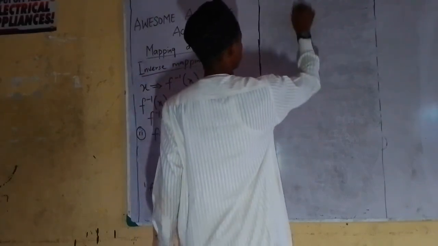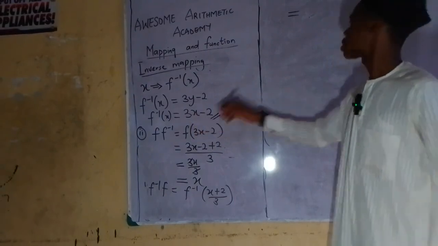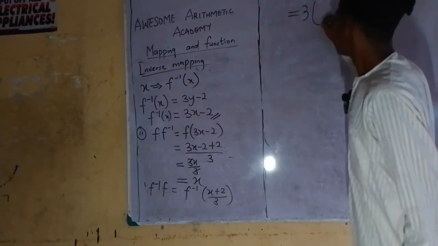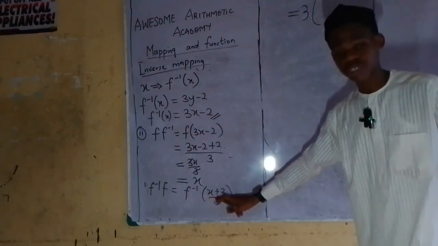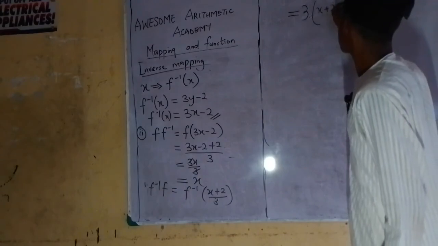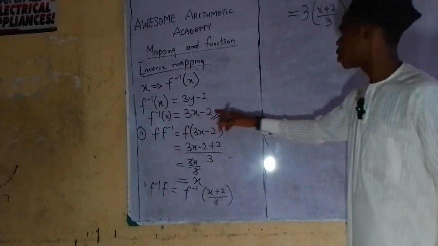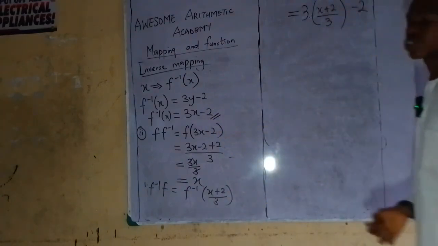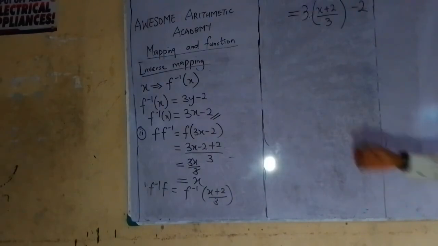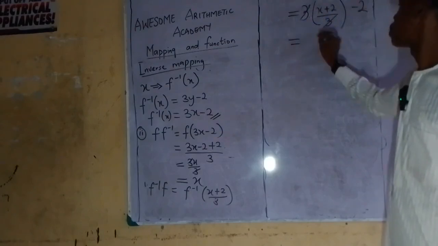That will be equals to, inverse was 3x, that will be 3. Instead of writing this x now, I will now put x plus 2 over 3. That will be x plus 2 over 3. Then what are we having outside? Minus 2. Minus 2 will still come here. I hope this is clear enough. So now, opening the bracket, this 3 will take care of this and left with